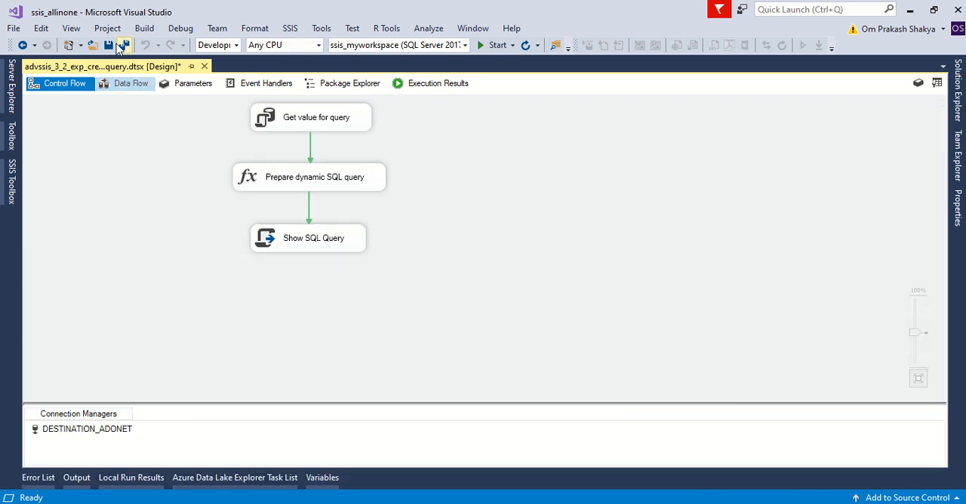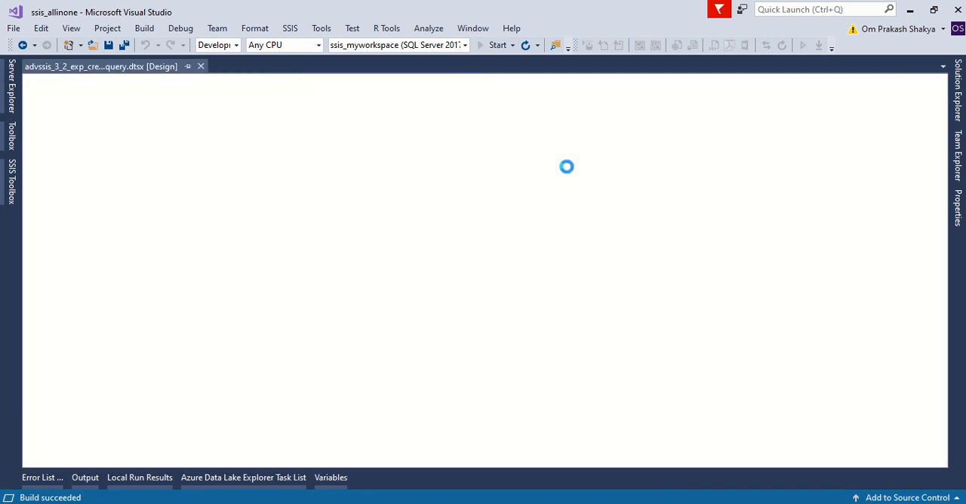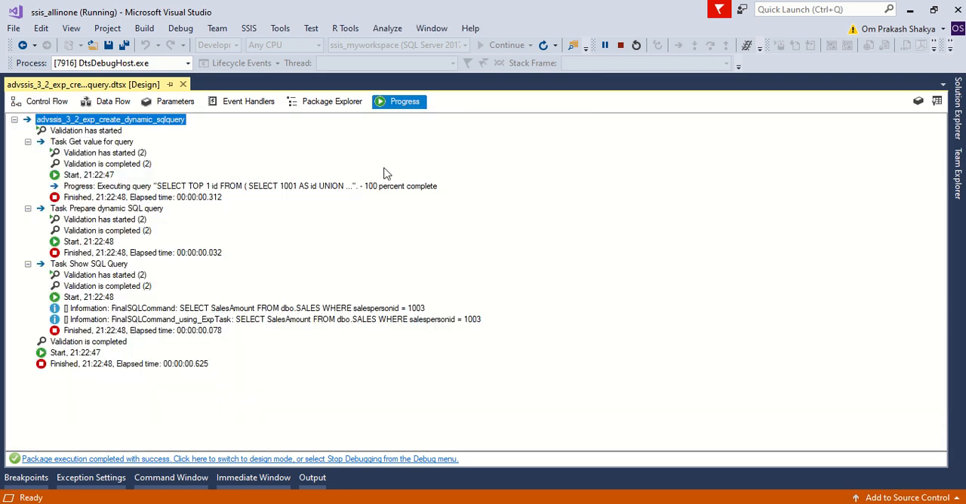So let's execute this package. You can see it has executed the SQL task, it has extracted some salesperson ID. It has evaluated an expression in the expression task, and it has displayed the results there. So where are the results? These are in the progress tab. I have printed this using information. So you can see that